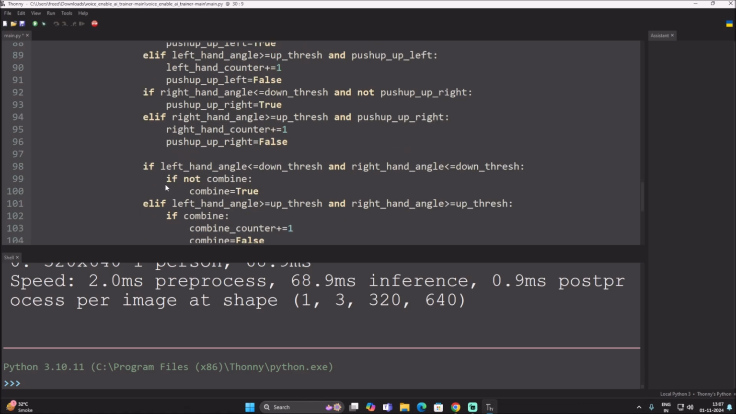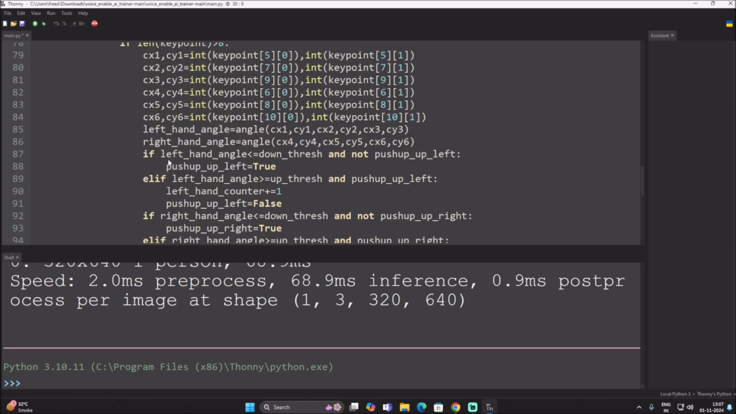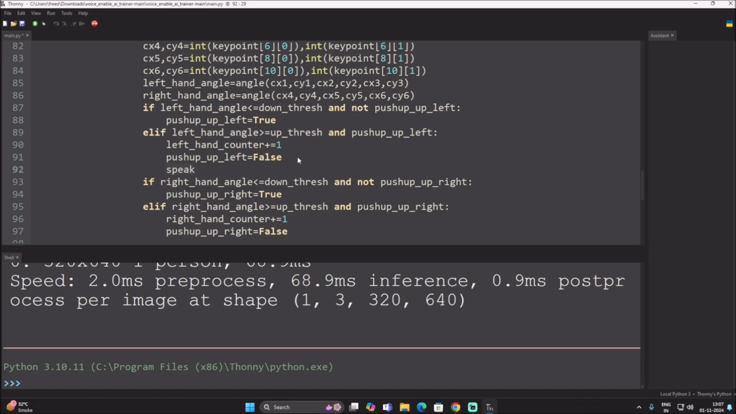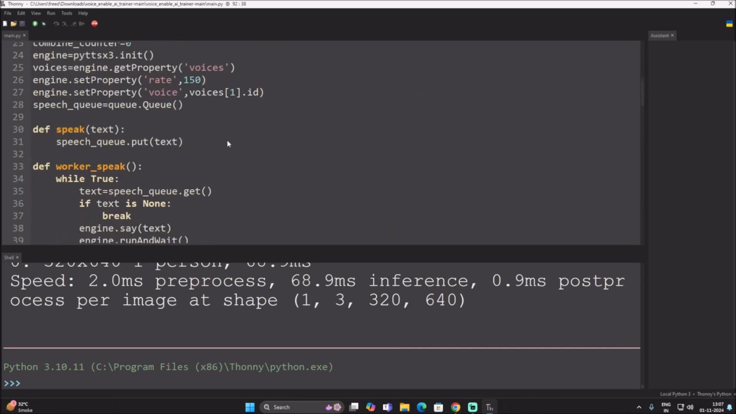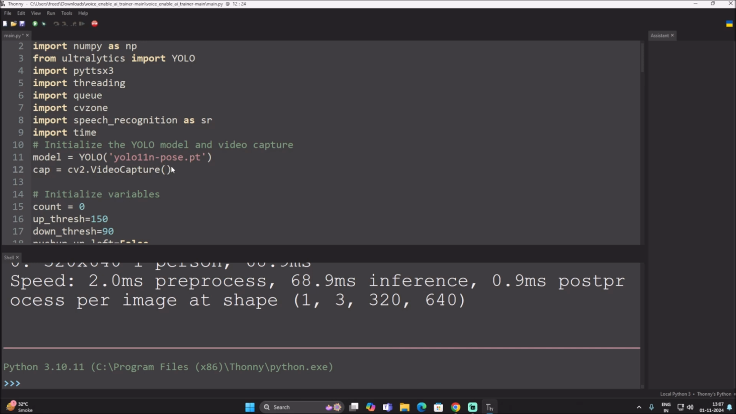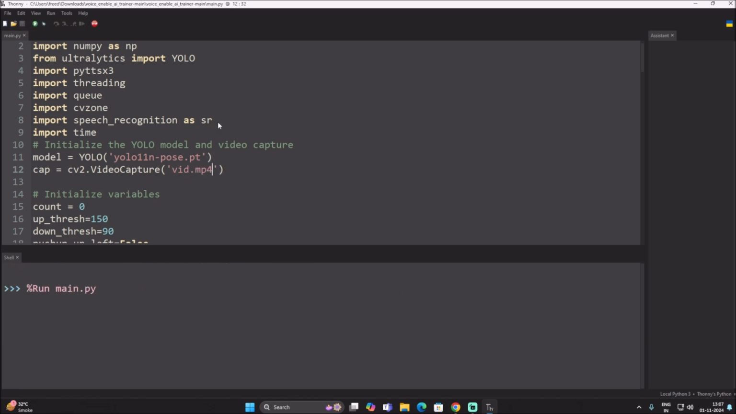So here first let's just cross-check. We will only mention the text. So here, this is our left side counter. Here I will mention speak, and let's just say welcome. Now I will start the code, and again I will mention here a video file, vid.mp4, this is our video file name. If I save the code and run the code,